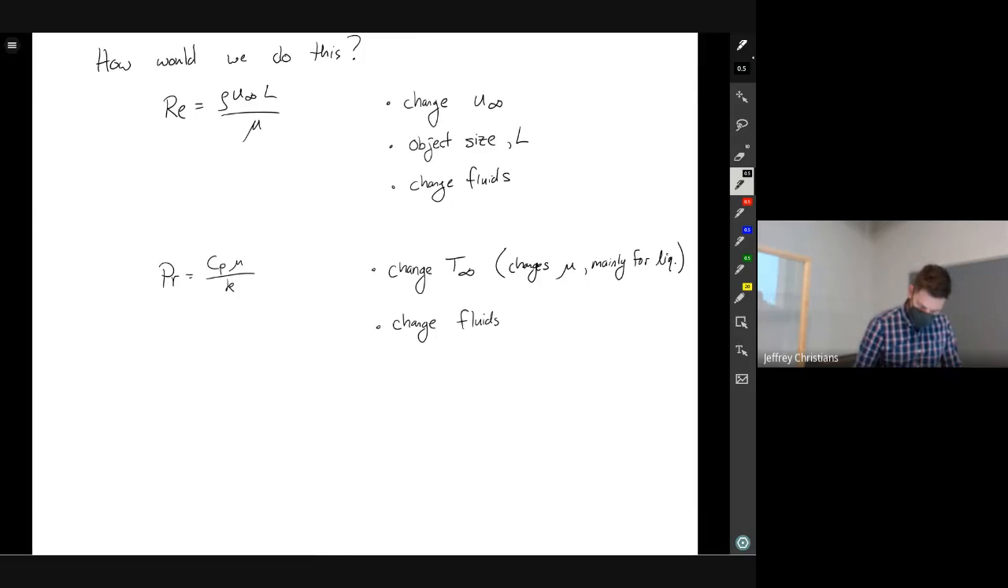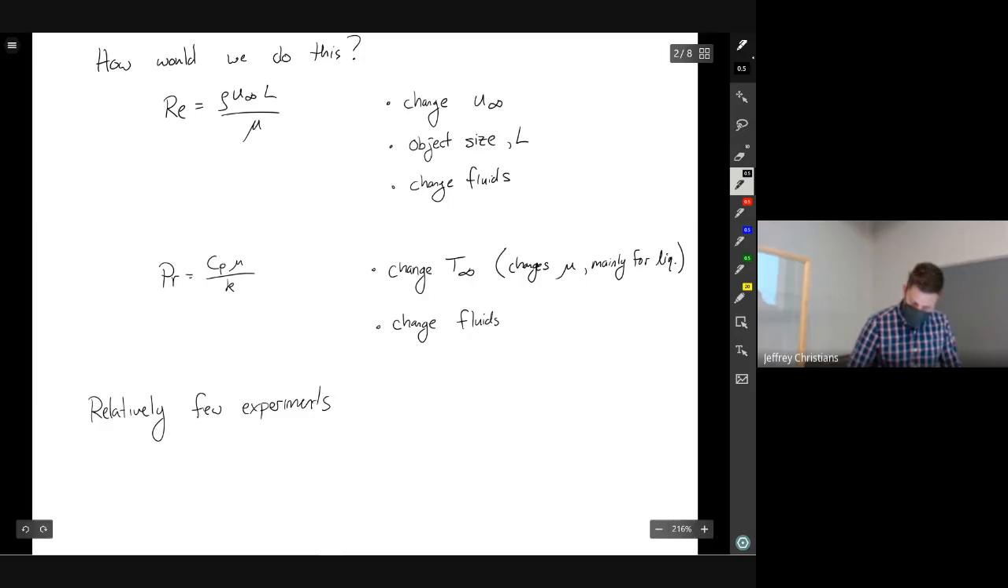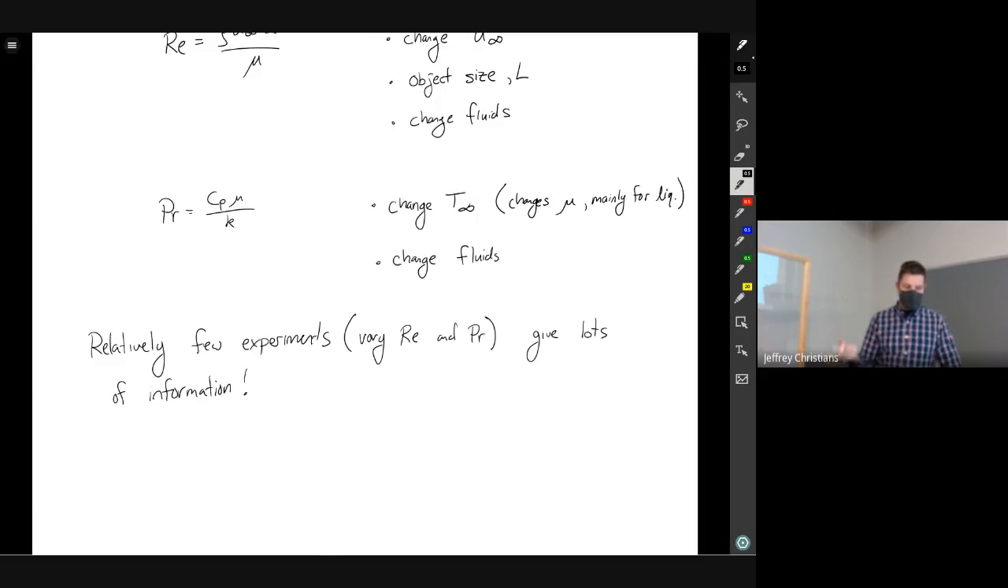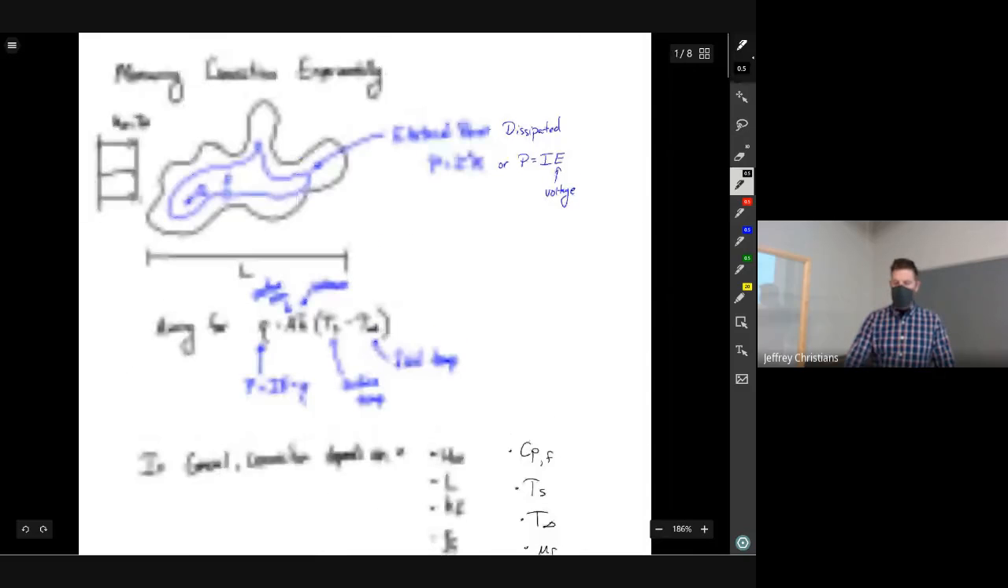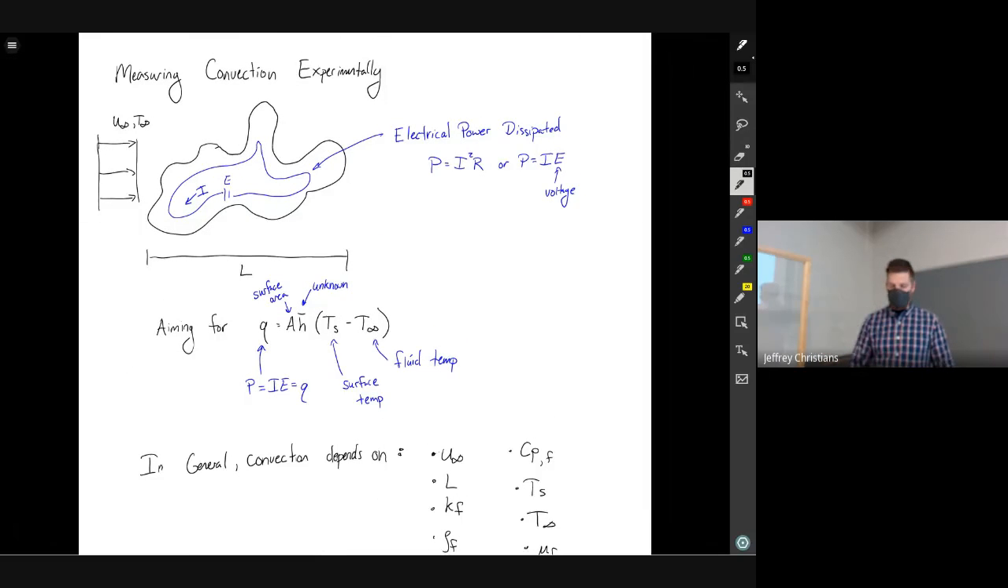So we would find that relatively few experiments give lots of information. It gives it on the convection coefficient, but more properly, it's going to give us information on the Nusselt number. If we're using different fluids and different conditions, we're going to get different convection coefficients. But